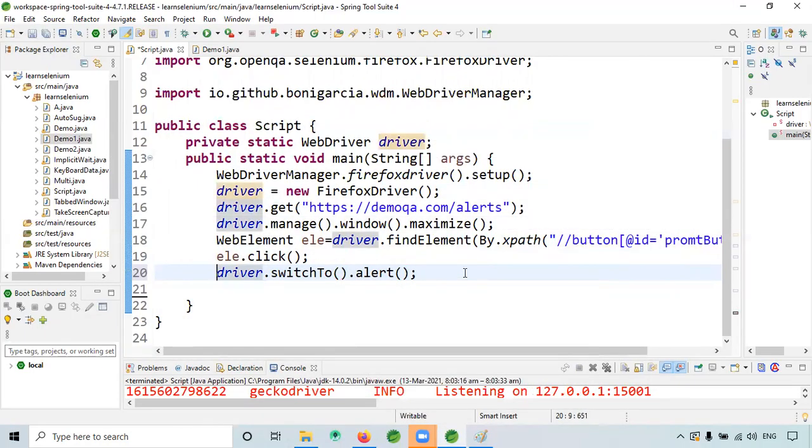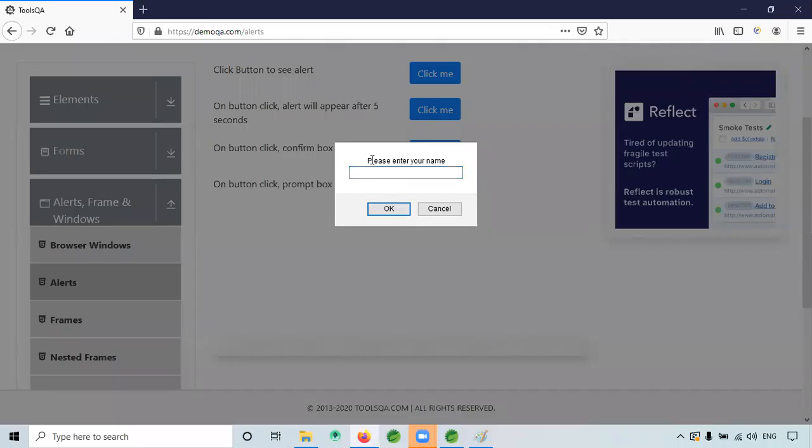Now, for example, there is some text coming, right? Please enter your name.